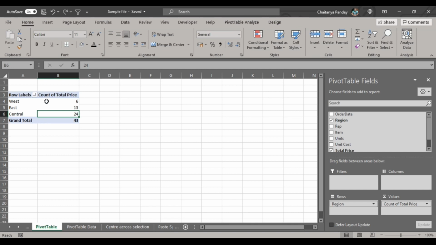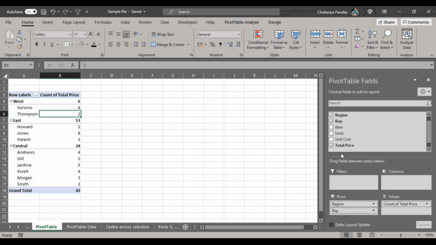Now you can also have multiple headers to choose from. If you want to know the total price of all the reps under each region, then you can just select this and drag it beneath region, and you can have region-wise rep values.